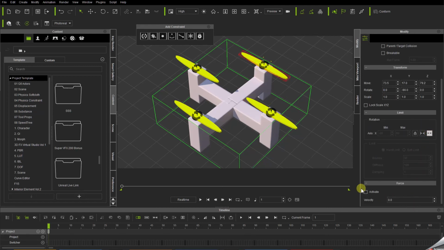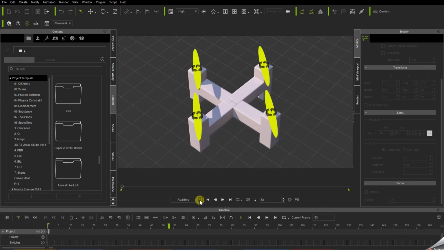Set it to free, activate the force, and set it to 10. And last one, select that hinge, oops, set it to free, and activate the force, and set that to 10. And now, when I press play, all the props